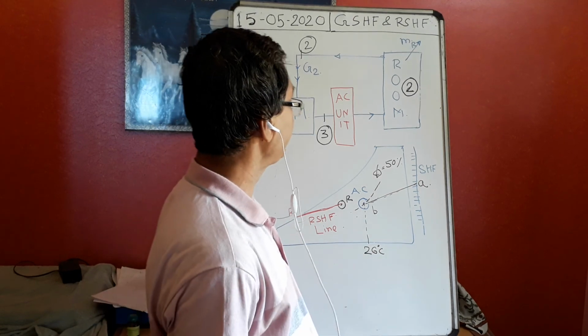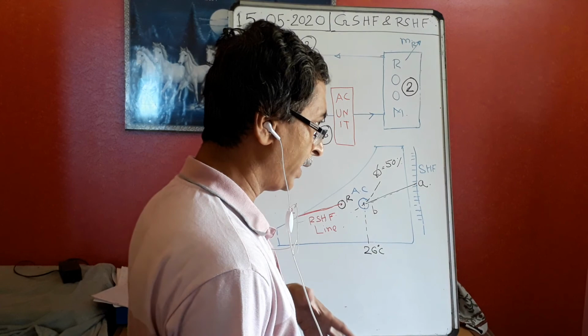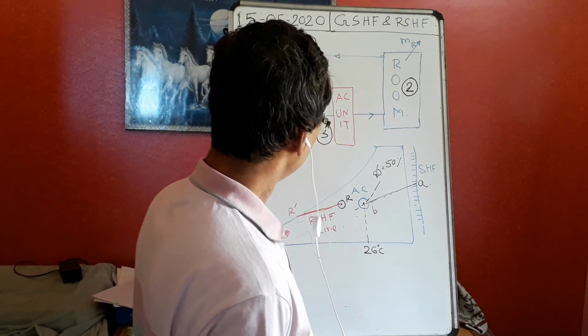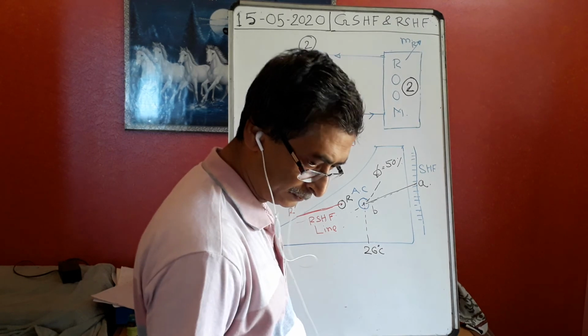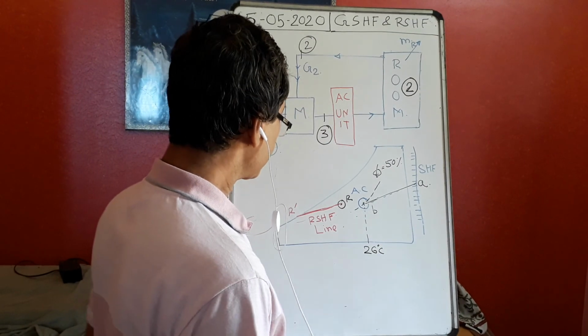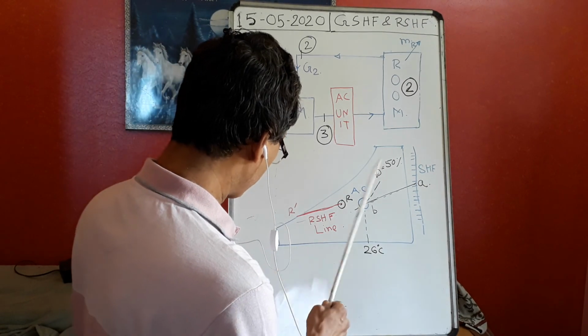Sensible heat factor line and the room sensible heat factor line. This is the main thing. Whenever you want to solve any air conditioning problem, this concept is very important. So now, before discussing that, you see the psychrometric chart.